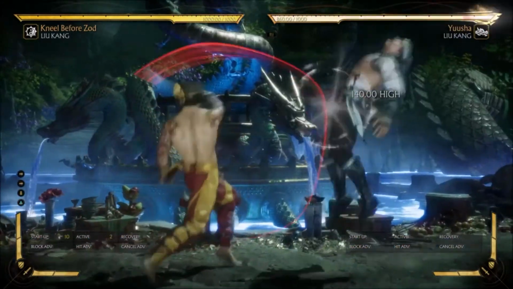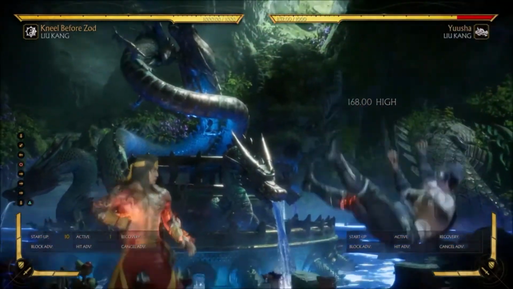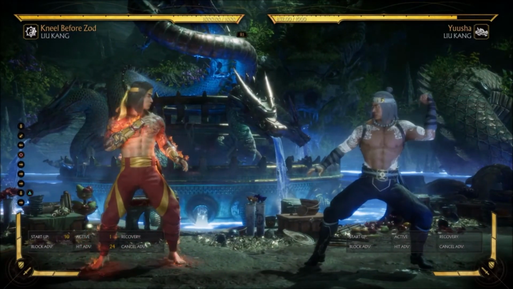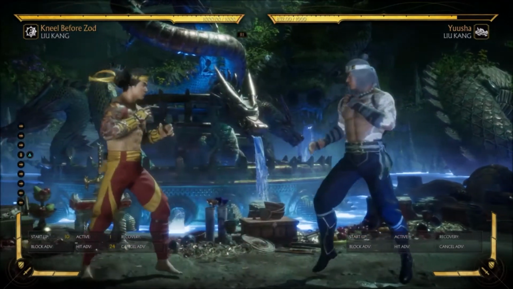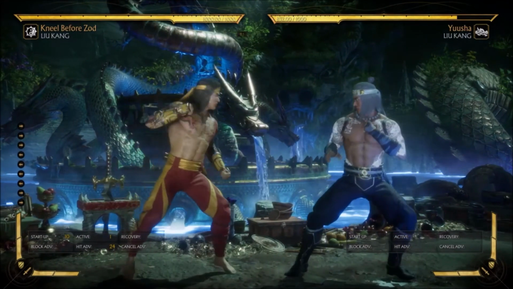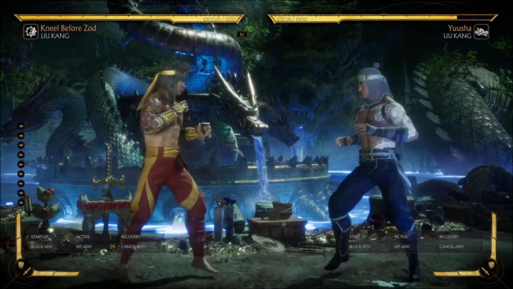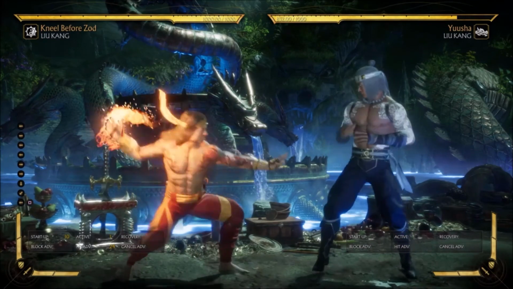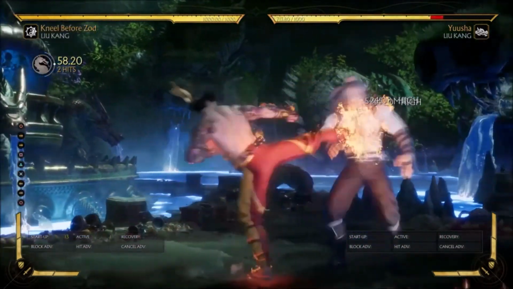Let me see how much. Down to 140. Flame buff down to 168. It's not like the flame buff he had in MKX. That one was just ridiculous, because that one changed his 6% projectiles to 10%, or was it 7? I don't know what the default damage was, but it changed to 10%. Here, not so much, but it's a good buff nonetheless,